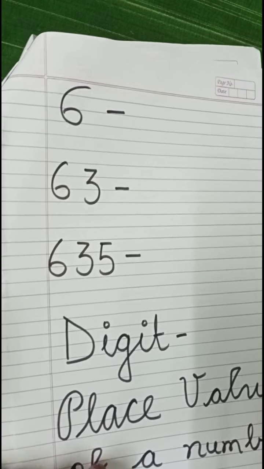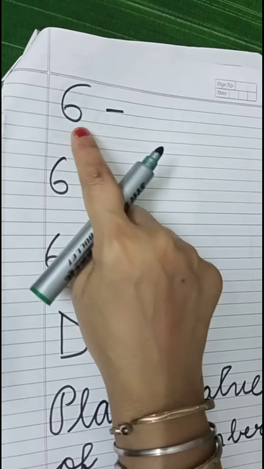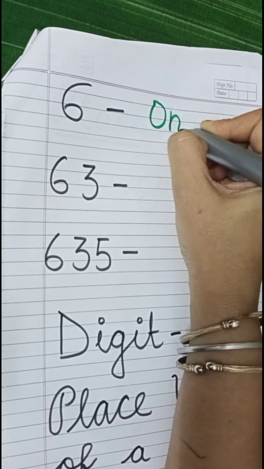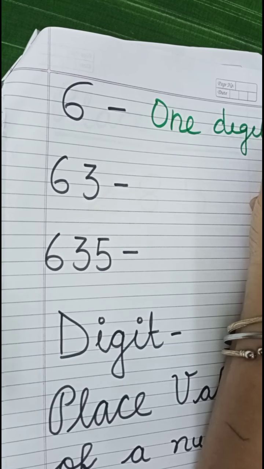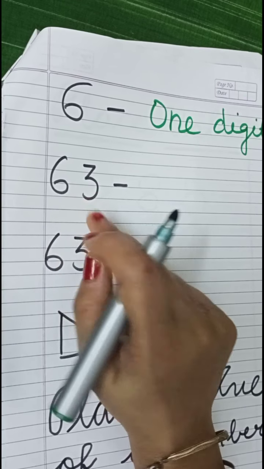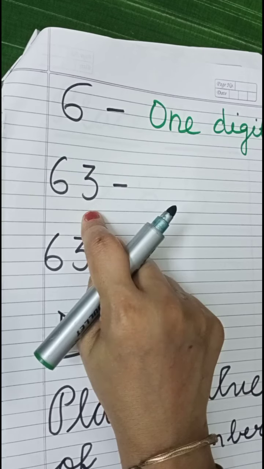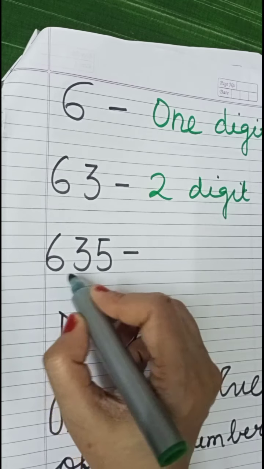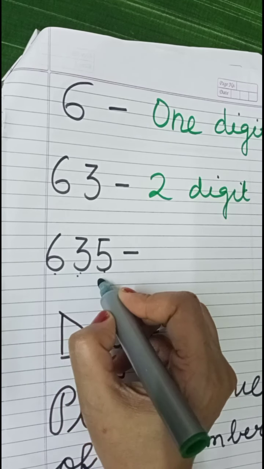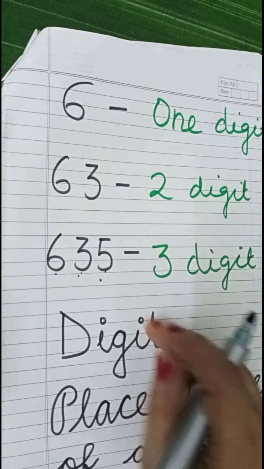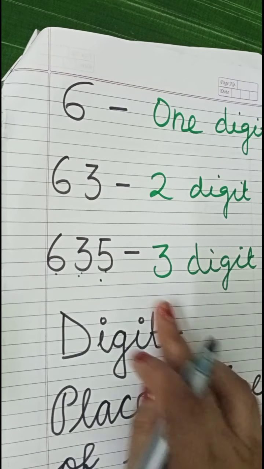I have written a number for you. 6. 6 is a one digit number, single digit. It is a single number. So it is a one digit number. Now I have written two numbers. Two numbers means two digits because there are two numbers 6 and 3. So 63 is a two digit number. And I have written three numbers here, 635. It is a three digit number. So digit is a part of a number. Clear? Now